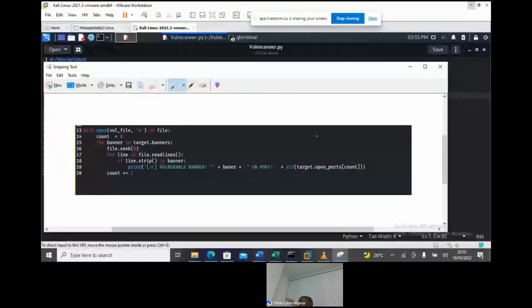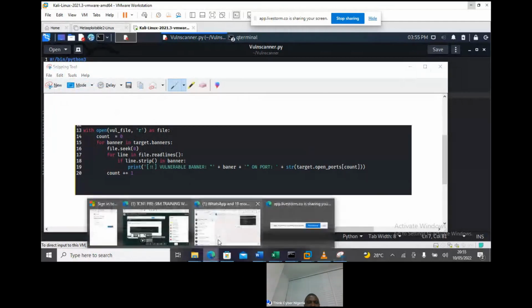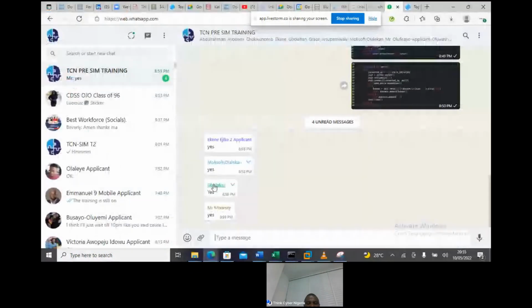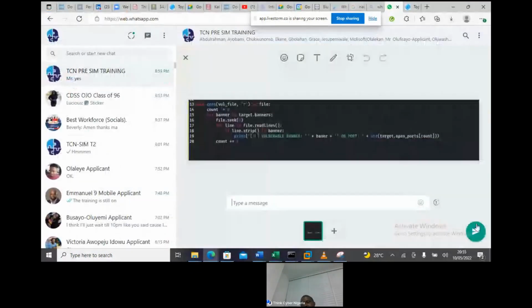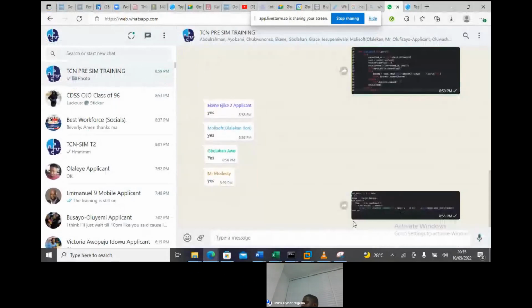When you've written this script, the next thing we need to do is start looking at different websites as you are populating your txt file. I don't know if you have questions. It's more of application now than just coming to write code. As you are doing it, you are applying it. Before we move to the next, we do that on Thursday, we do that on Saturday.